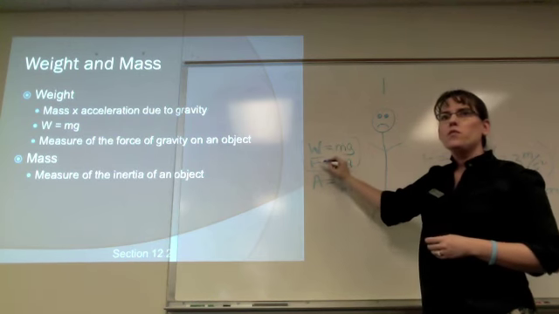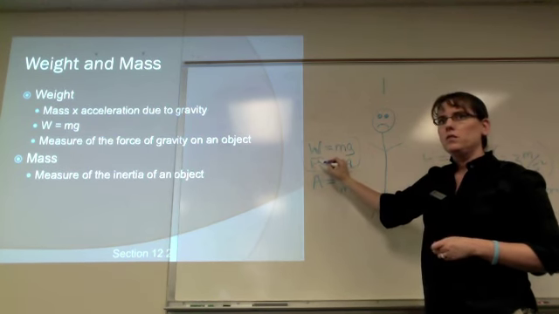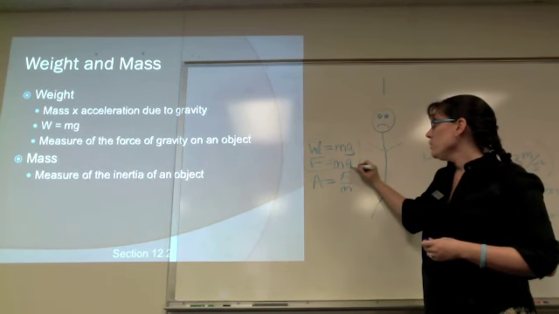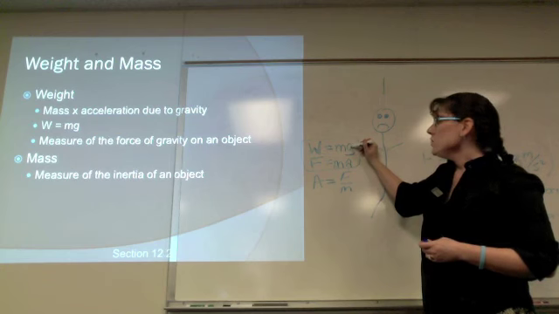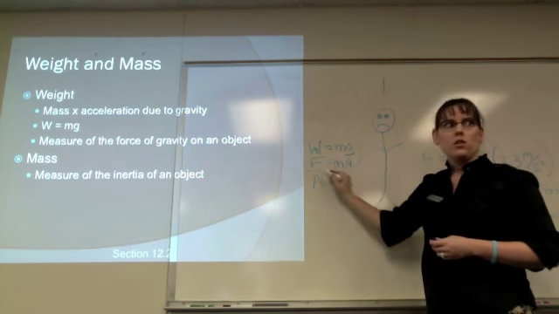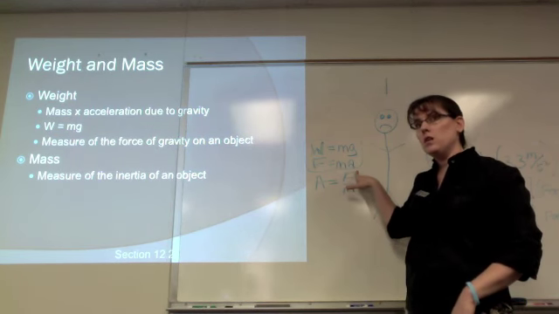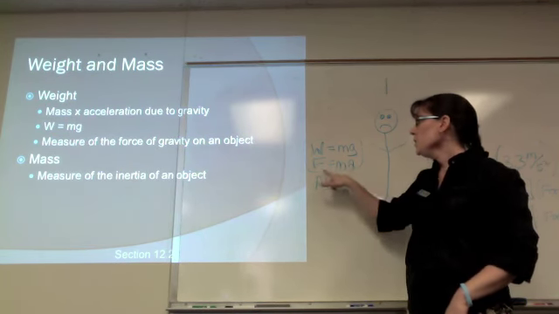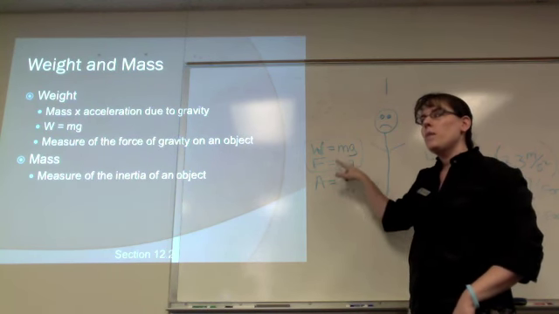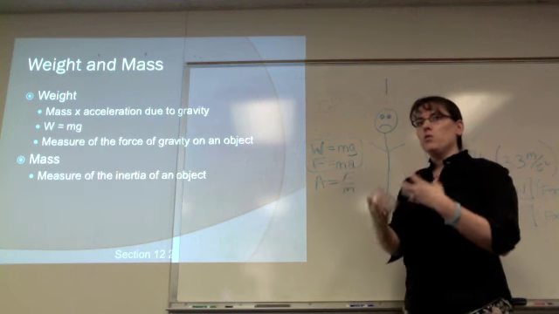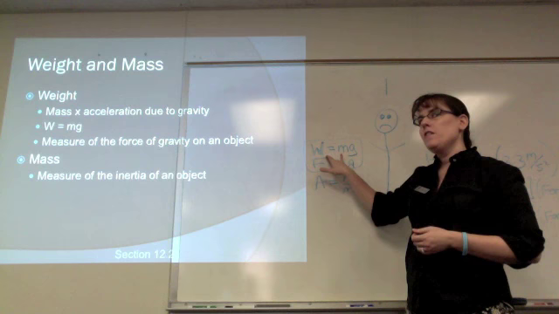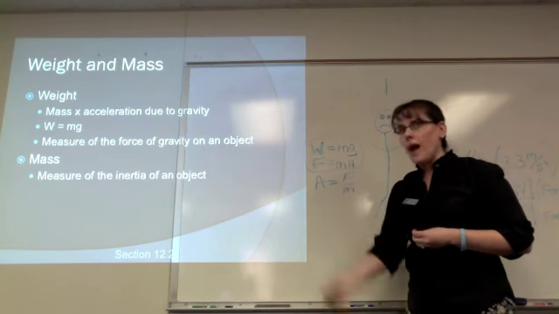Weight is the force of gravity. It's equal to your mass times your acceleration due to gravity, which is symbolized as g. So these two equations are exactly the same as each other. F divided by m will equal your acceleration, right? So m is a measure of your inertia, or a measure of the effect a force can have on you. Weight describes the effect the force of gravity is having on